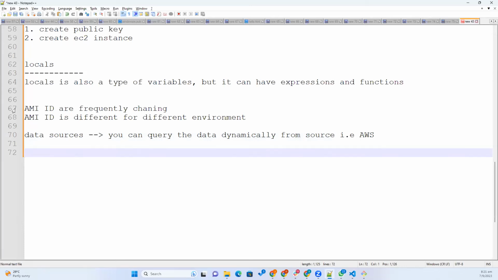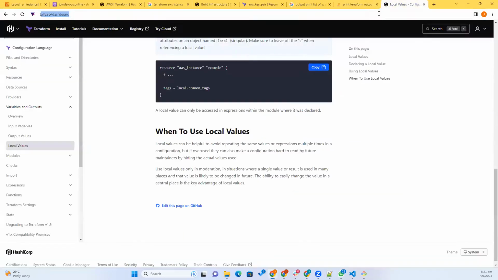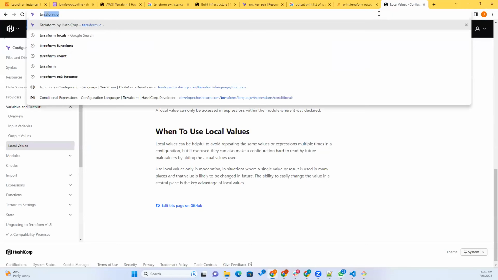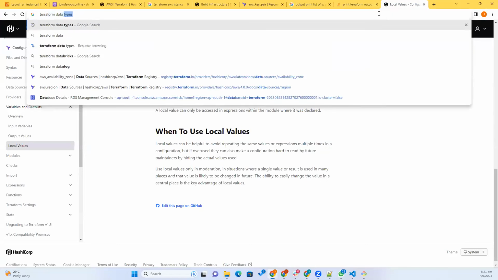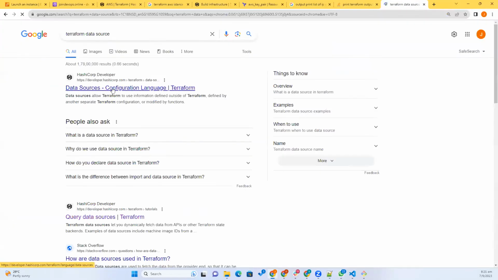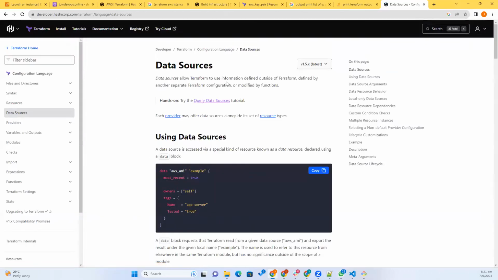In future, if the AMI ID is changed, not a problem, you'll get the latest AMI ID. And it will give you the AMI ID based on the region also. So let us see the Terraform data sources. Data sources allow Terraform